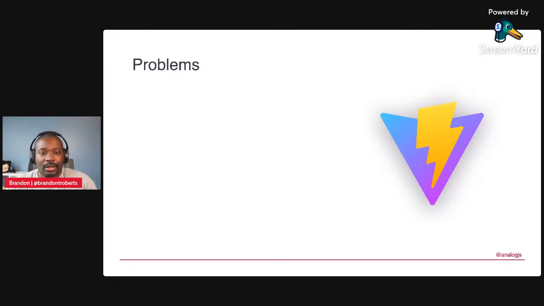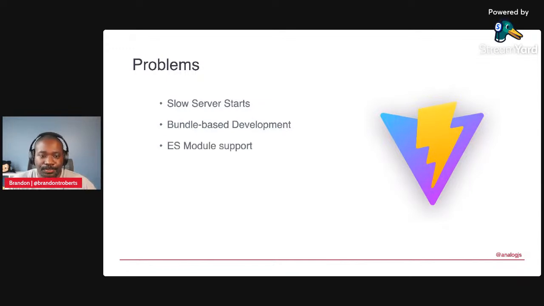Yeah, so some of the problems that Vite intends to solve, and a lot of these are mainly around development, are slow server starts. They want the development experience to be fast. So you don't want to take a long time when you run the command to start the app before it starts up. And also, it uses a different approach as opposed to bundle-based development, where it dynamically loads files using browser APIs. And we've had many different takes on support for ES modules, but this has become